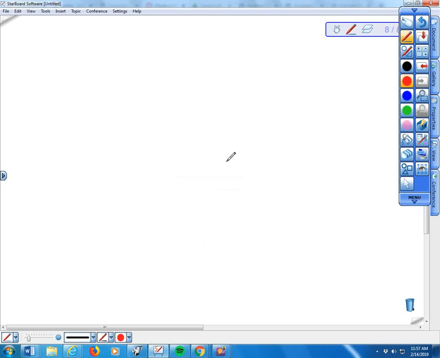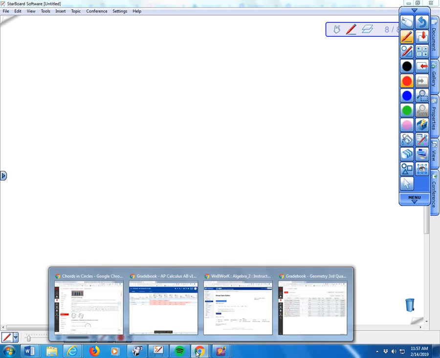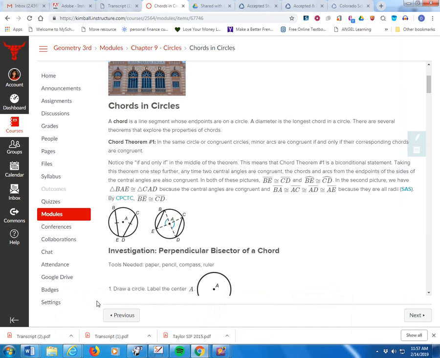This section is on chords of circles. And we're going to talk about 4 different big ideas, I guess. 4 different things that you need to know about chords and circles. And they were presented pretty well in the textbook, so I'm going to just kind of use that as my guide here. The first theorem is that if you've got a circle and you know 2 chords are equal, so